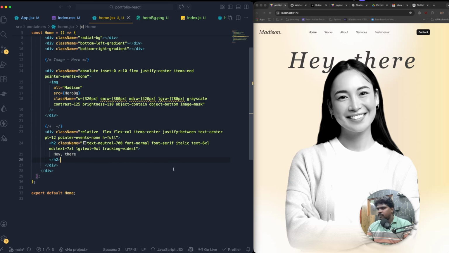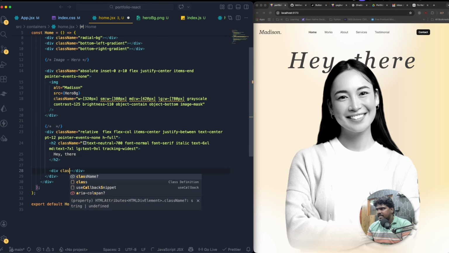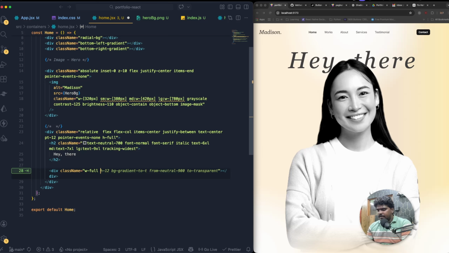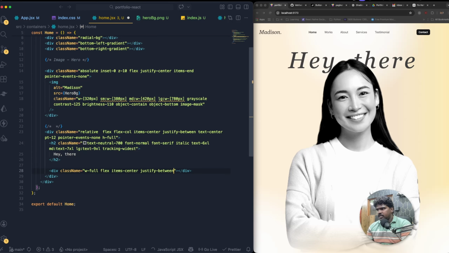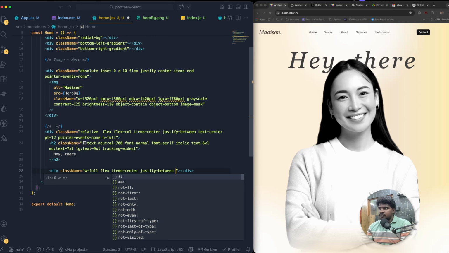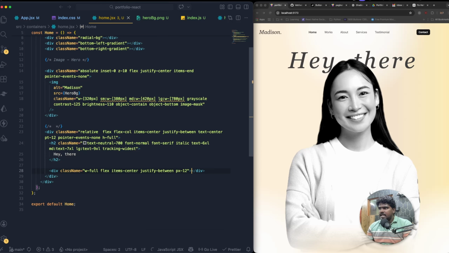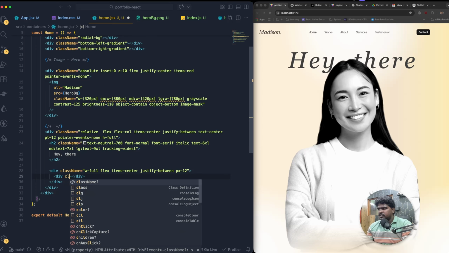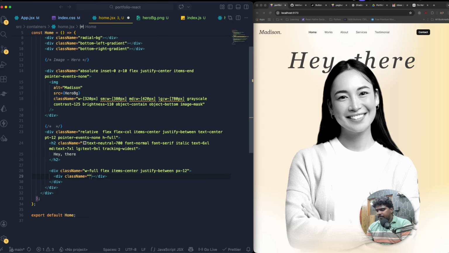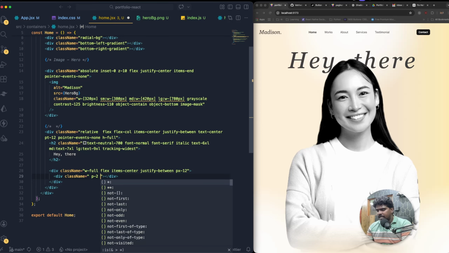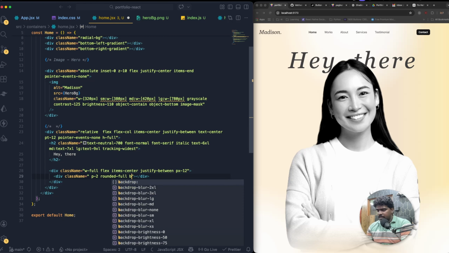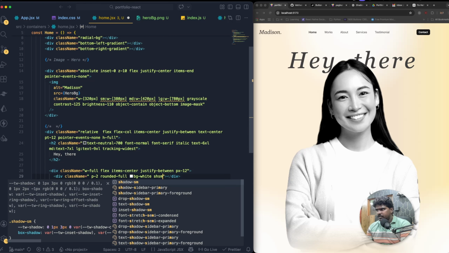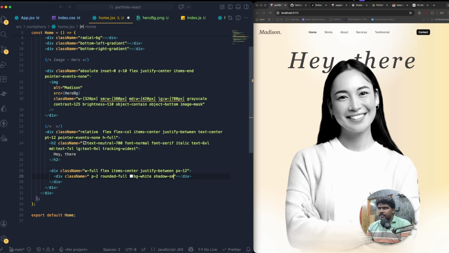Just like the h2 tag, we have to make some adjustments over here. Right after here, I'm going to bring a div with a className which is going to be w-full and flex, items-center and justify-between, and of course it needs some padding, so px is going to be 12. Save it. And inside here I'm going to bring one more division with className padding 2, rounded-full, bg-white, and shadow-sm. Okay, if I save it,